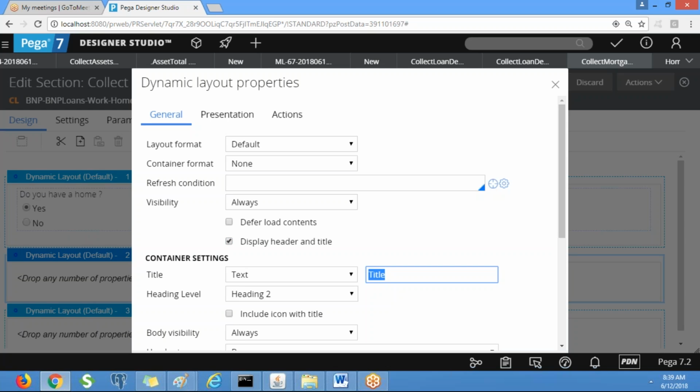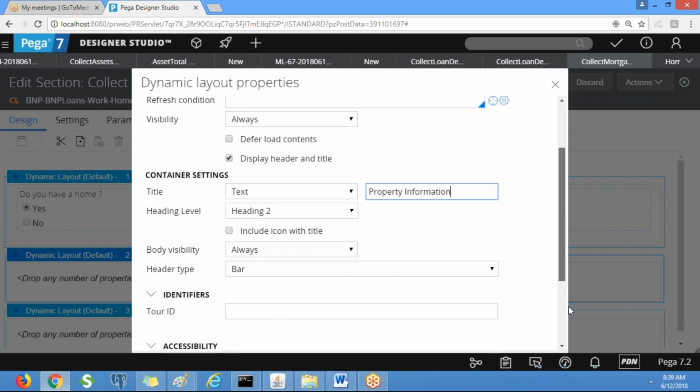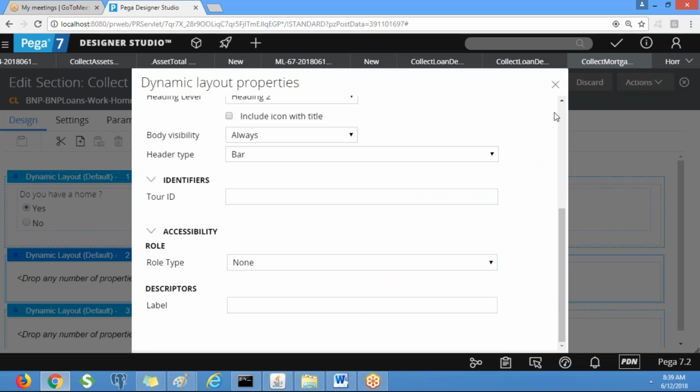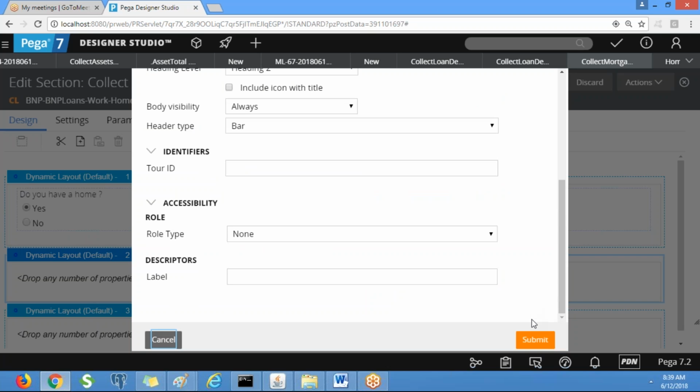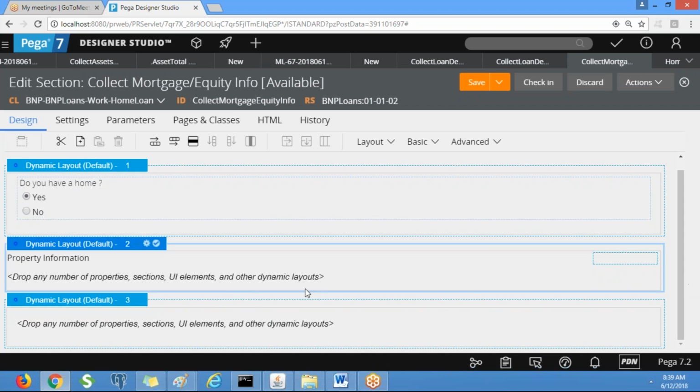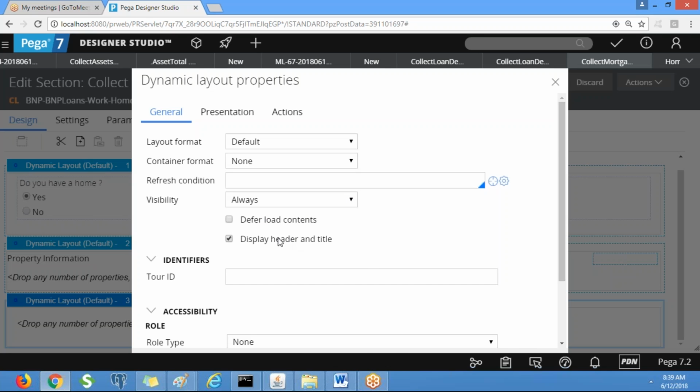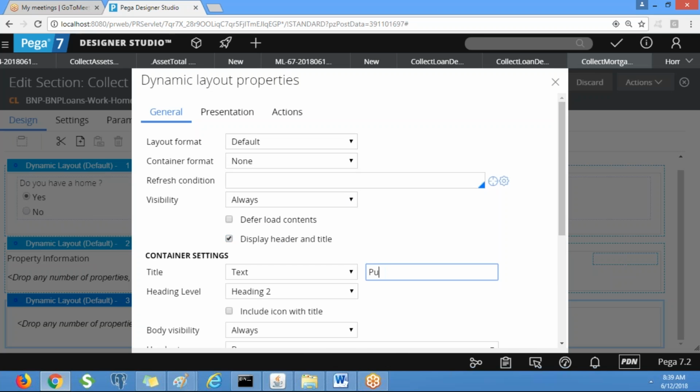It is property information. Next, this layout heading is purchase information.